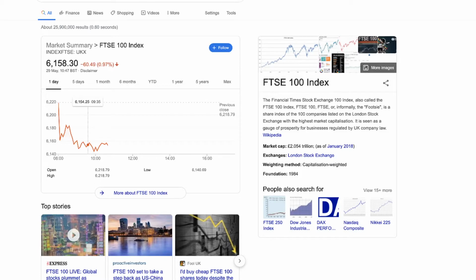Now, a great starting point to understanding stocks and shares is to understand the indexes that combine these stocks and shares that you're probably going to be trading. Now, the FTSE 100 index is a combination of the top 100 firms traded on the UK markets. It sums their value and you end up at a figure of 6,157. And what this figure tells us, it tells us on average how all of the companies in the UK